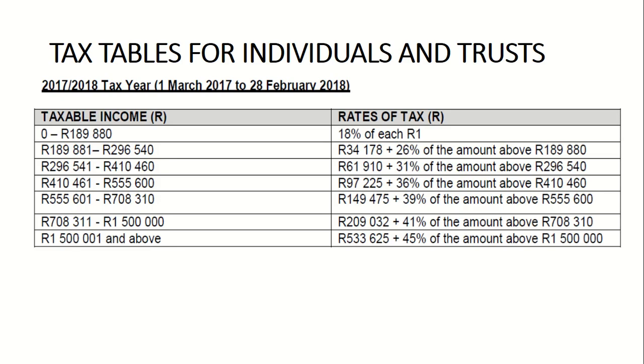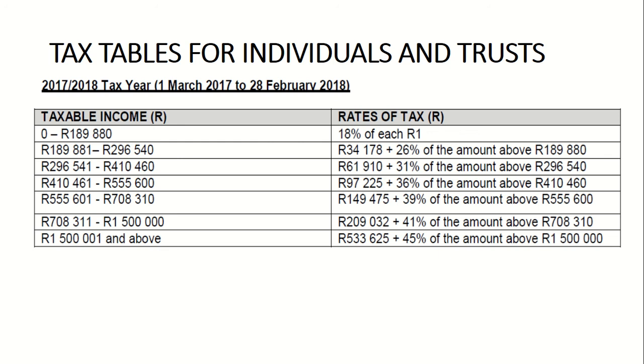Okay, this is what we call the tax tables. It helps you calculate tax amounts based on each person's salary, meaning that if you earn between 0 and 189,880, you will have to pay 18% as your pay as you earn for every R1. And if you are earning between 189,881 and 296,514, you will pay